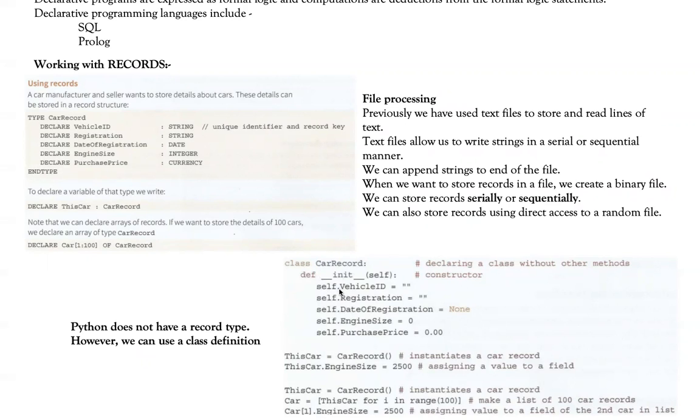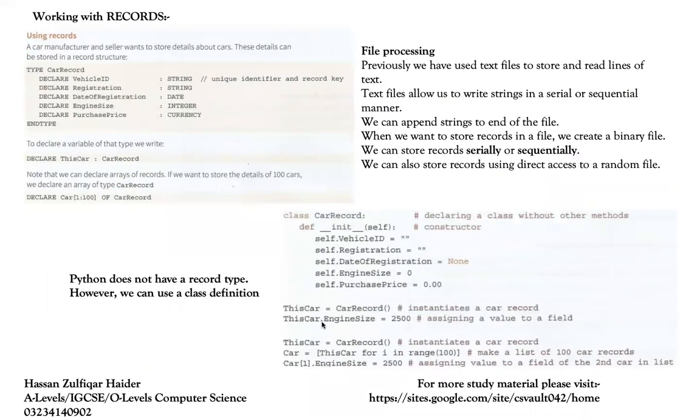So if I want to access a particular field of a record, I will have to use the dot notation, because I don't have methods. In object-oriented programming, I have methods for accessing attributes, and therefore I can declare attributes as private and methods as public. With those methods, I can access the attributes, and that's how I'm controlling the access of my attributes.